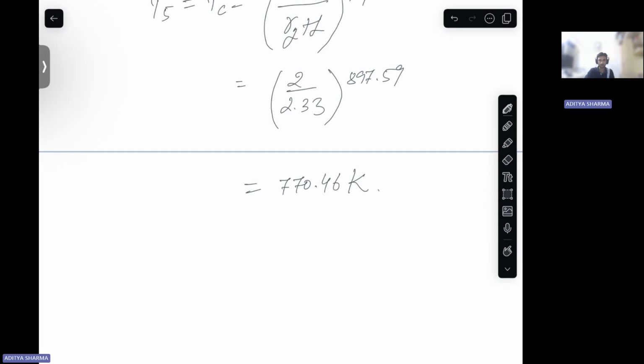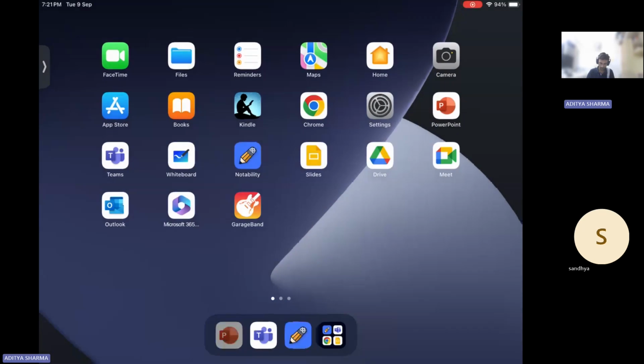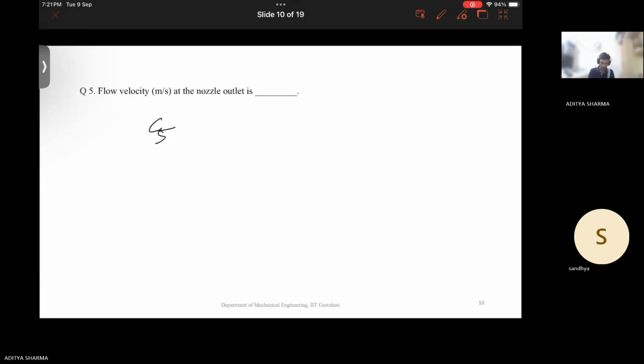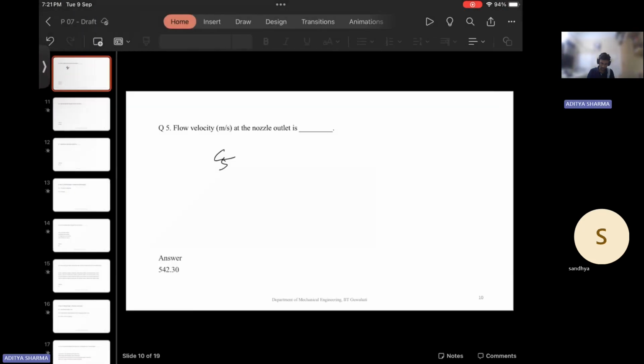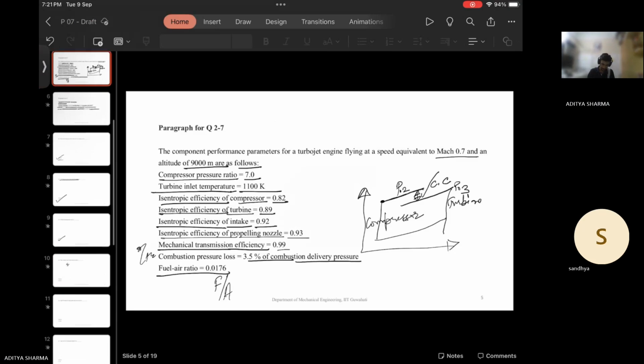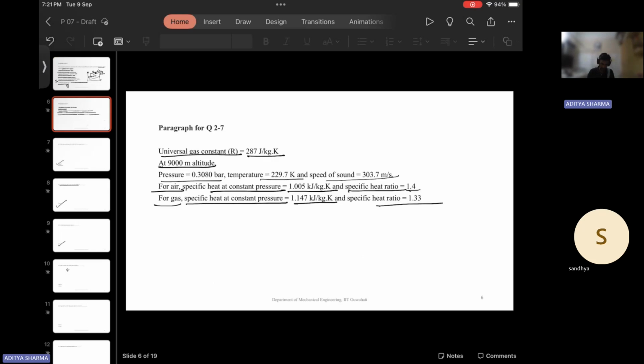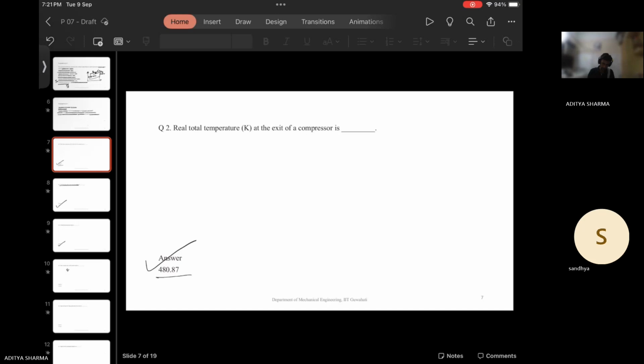So we are doing this numerical based on turbojet engine, where we are trying to find out the flow velocity at the nozzle outlet. So this basically is the question for which we have been given some data. So till now on this paragraph, we have found out the